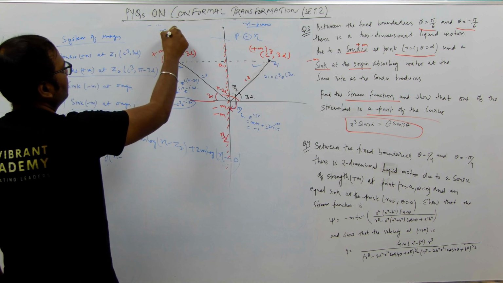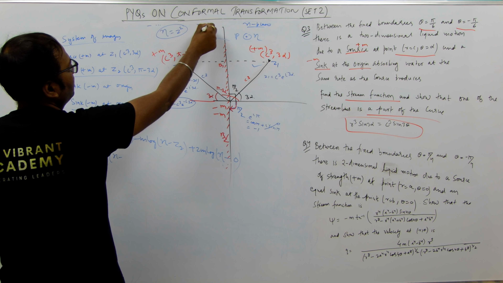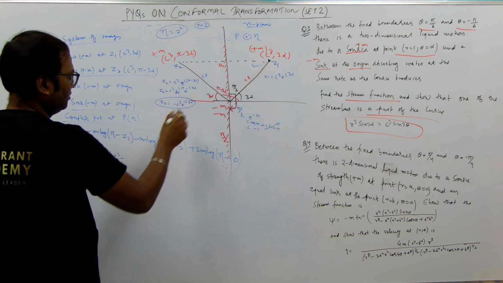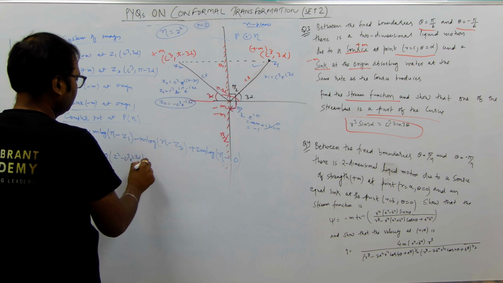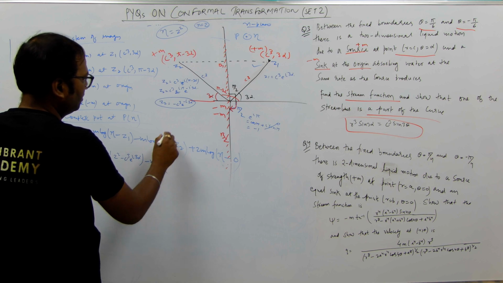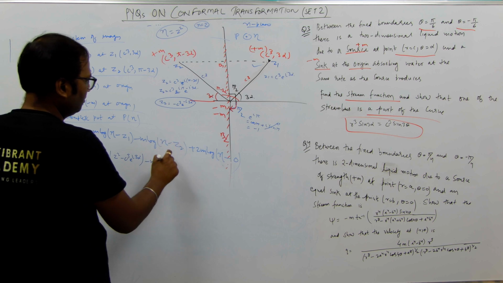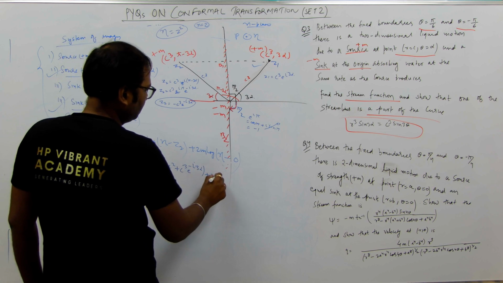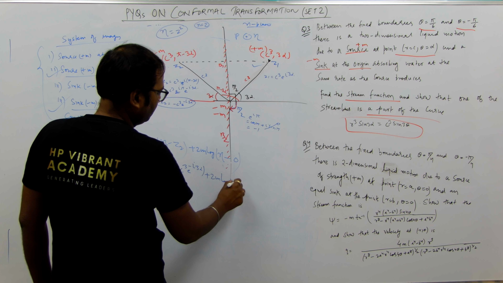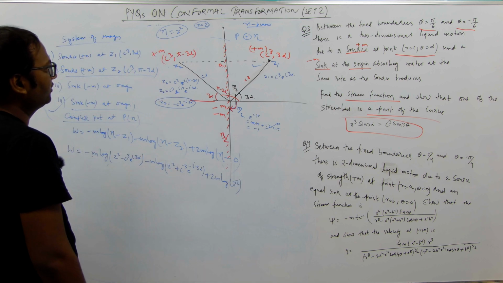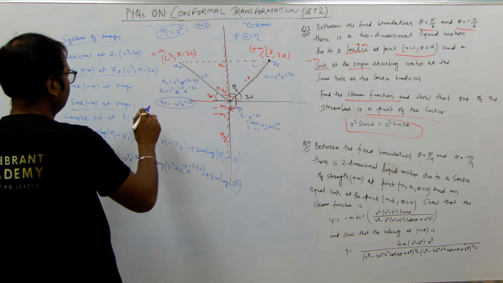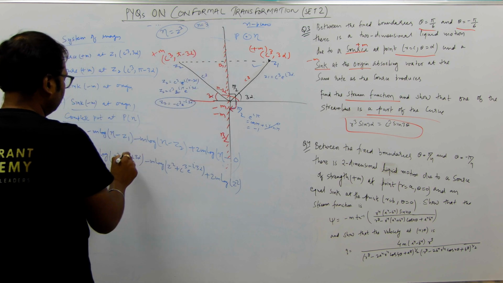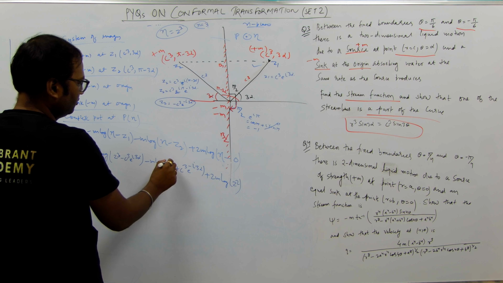और ζ की वैल्यू क्या आई थी? ζ इज इक्वल टू z² आता है ना, क्योंकि n की वैल्यू 2 आई थी मेरे पास, तो ये हो जाएगा तुम्हारे पास z² − Z1 की वैल्यू c³ e^{i3α}। माइनस m log ζ इज इक्वल टू z² और Z2 की वैल्यू −c³, तो ये जगह + c³ e^{−i3α} + 2m log of z². ठीक है, सॉरी, दिस इज z³ एक्चुअली, n इज इक्वल टू 3 आया था ना, दिस इज 3, ठीक है।